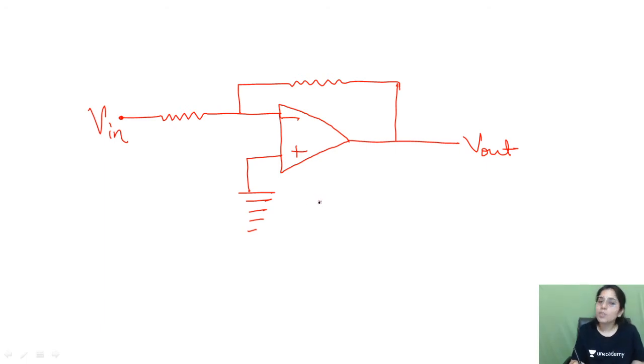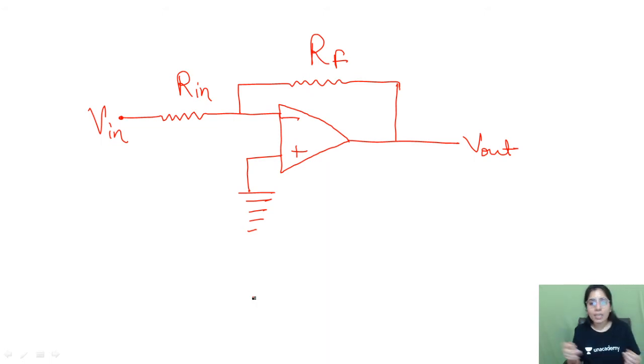No. Most of the time it will not be there in the circuits given to you, but if it is there, or even if it has been mentioned in the question statement, you have to be careful about the output value you are writing. So let's say this is the feedback resistance, this is the input resistance. Most of the time you can get any other kind of circuit, but once you understand this one, you will be ready to solve any such circuit. This is an inverting amplifier.